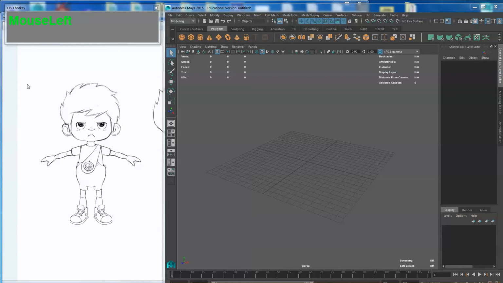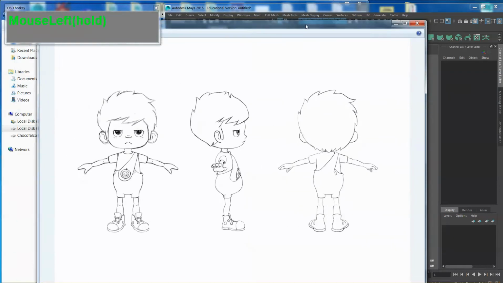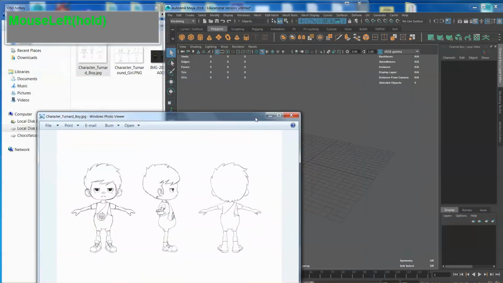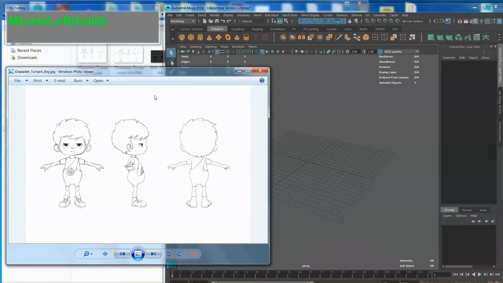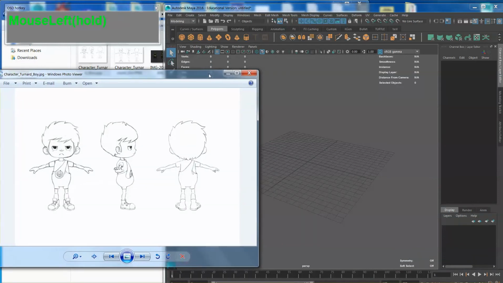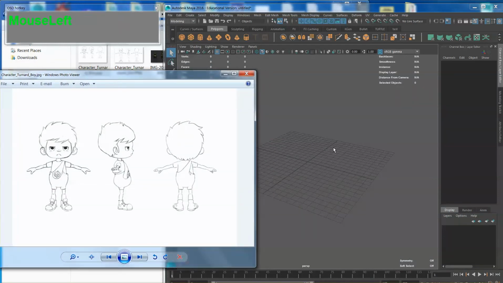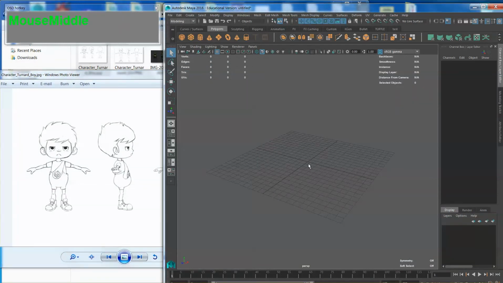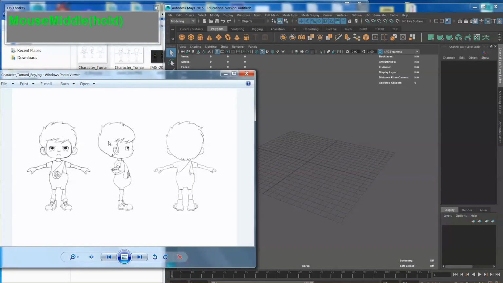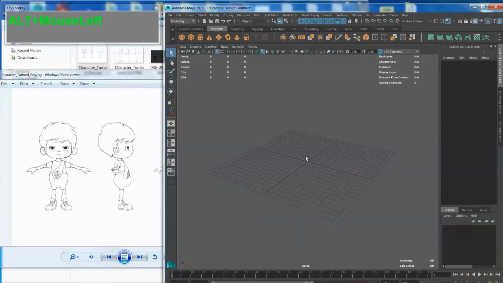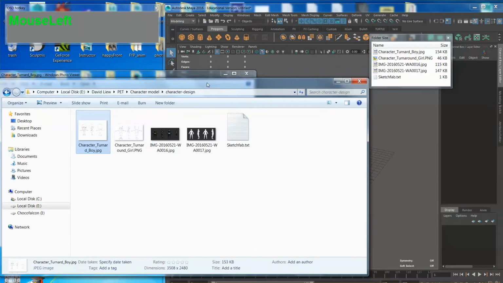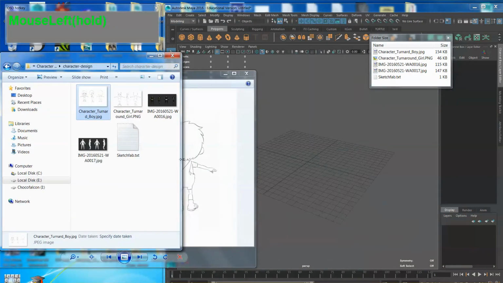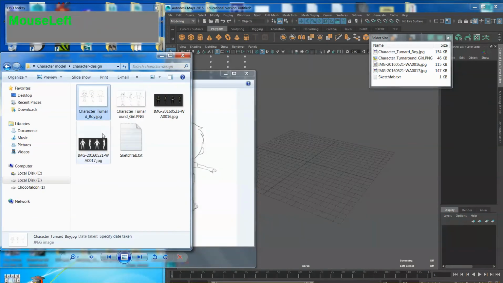Okay, so now moving on, we're going to do another way of image plane. Some of your reference pictures, instead of individual images, you have just one JPEG with the front, side, and back view. So what we need to do is just create a few planes in Maya and input one material with one texture. Similar to the first image plane video,